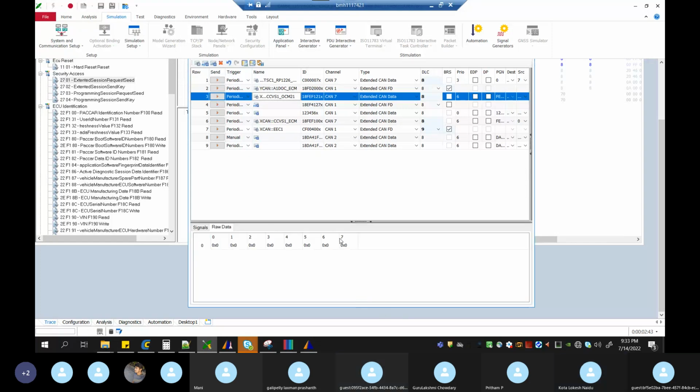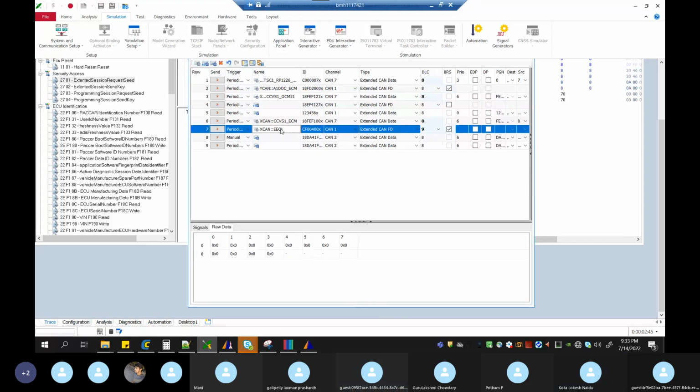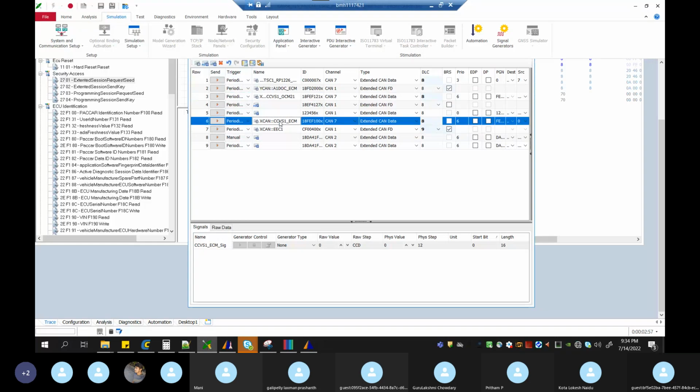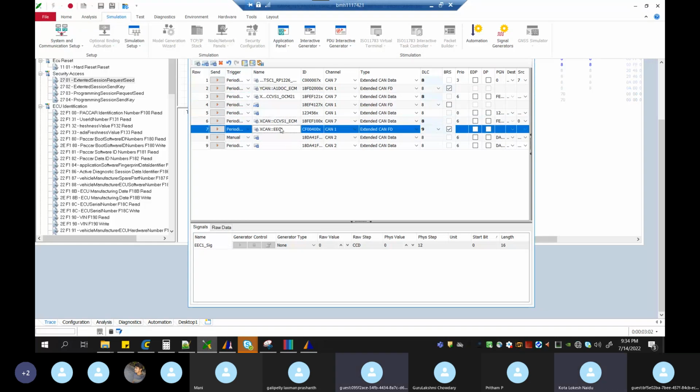Yeah. This is not having the proper data. It's having CCV1. What is this? So this CCV1 and